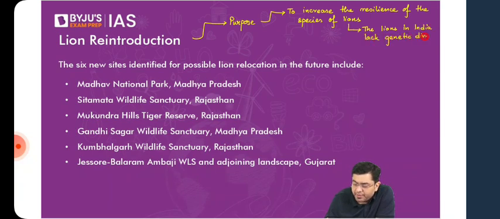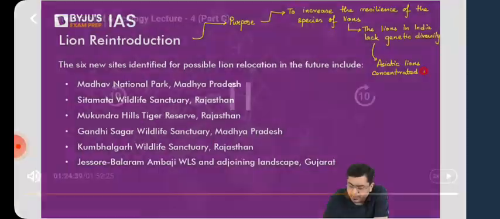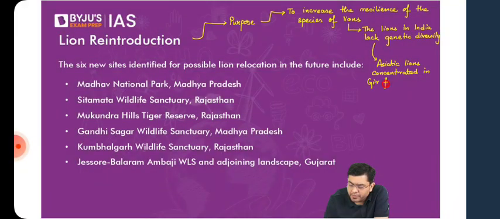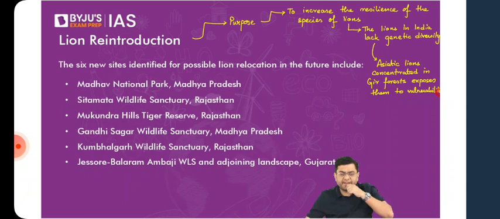So these lions being concentrated in one particular area makes them vulnerable to various aspects. So Asiatic lions concentrated in Gir forests exposes them to vulnerabilities like diseases, etc. Even a large-scale panic struck when it was understood that COVID as a virus could also be transmissible to the lions. That also struck a large amount of panic.